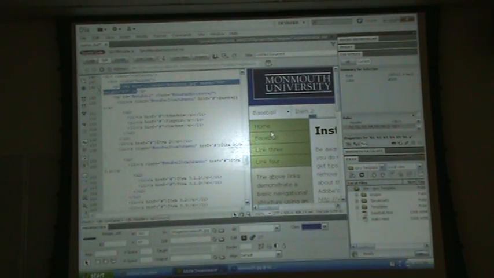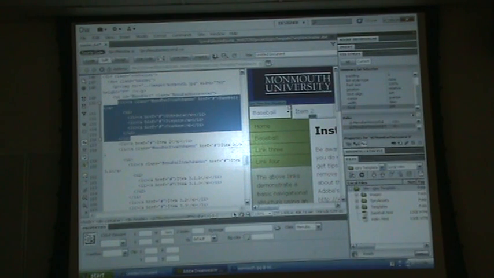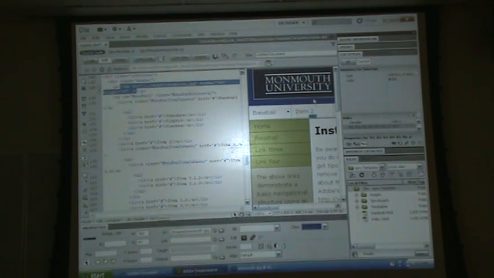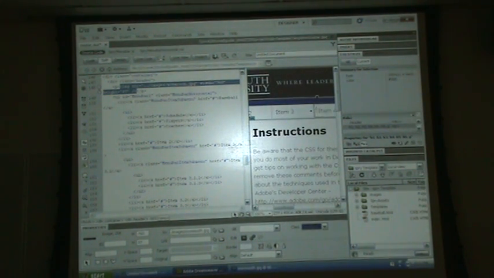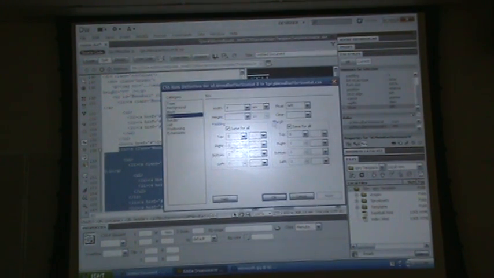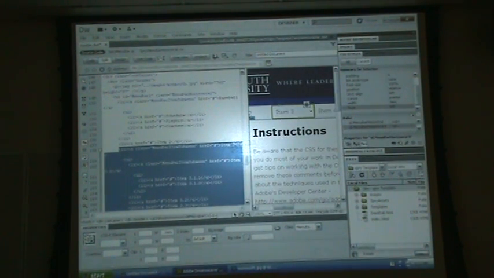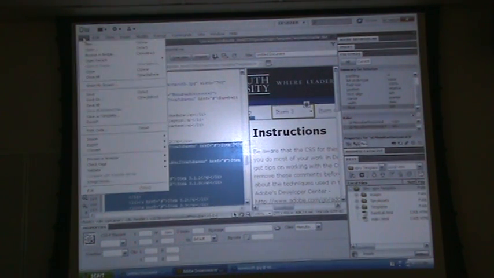No, okay. Should try to match this outer color. So now I have the picture, I'm on the picture, and if I say save,